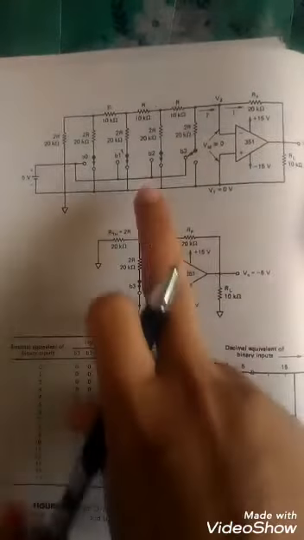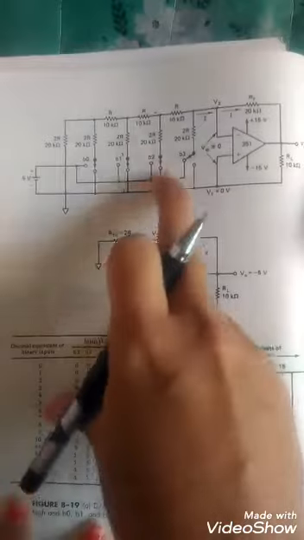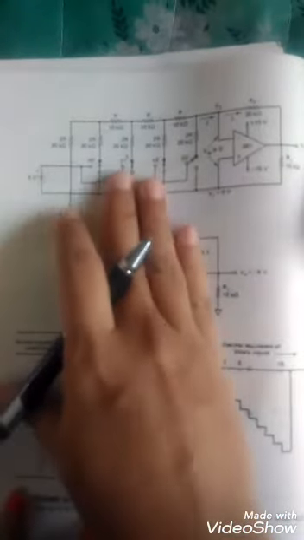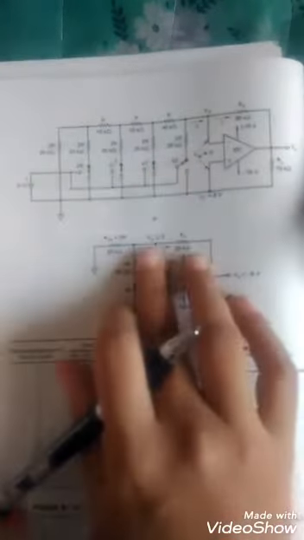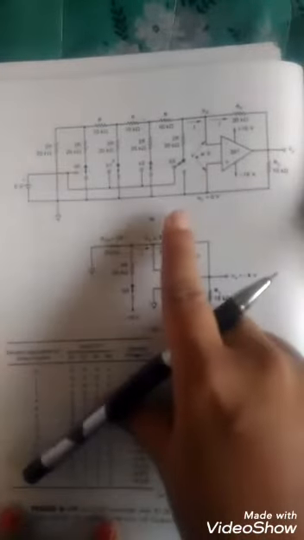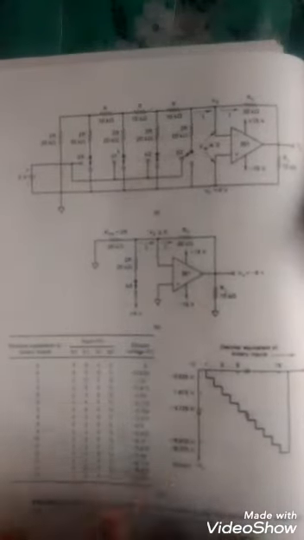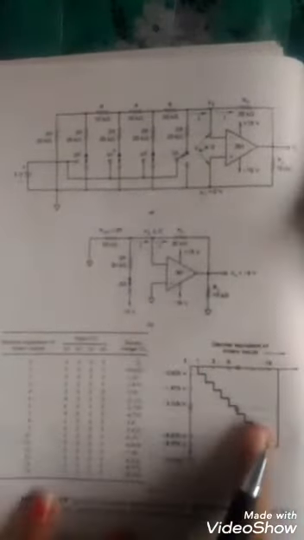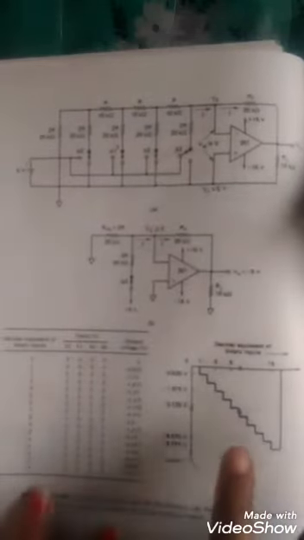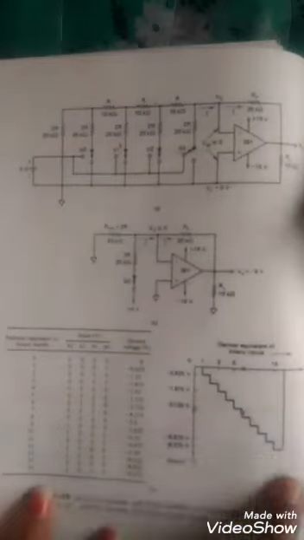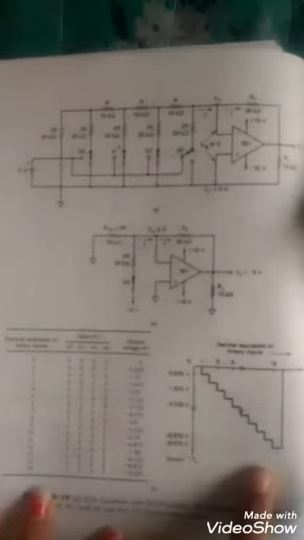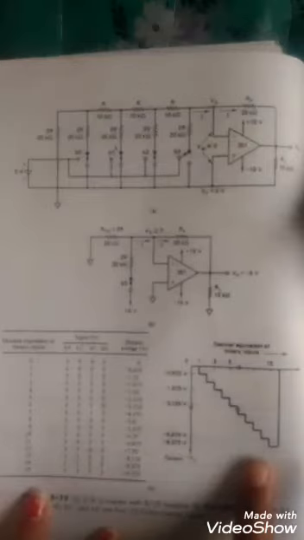Right? You can analyze the whole circuit by taking the equivalent of the resistors which you are not using, meaning the switch that is off. Accordingly you can take the Thevenin equivalent resistance value and analyze the circuit, as I have solved for one example. Right? Like this you can do. If after filling the table you draw the graph by plotting V0 versus Vin, you will get the down going stairs like this. The graph will look like this. Right? What we have done here, just have a glance then.